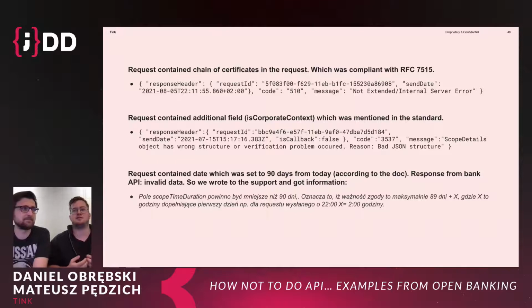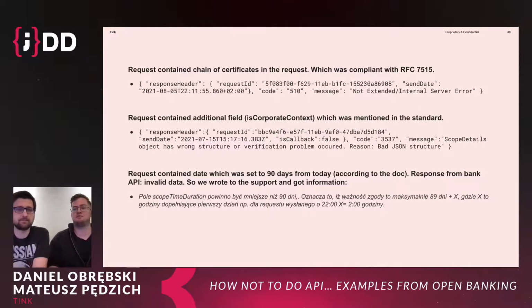The first one is an enrollment request. The request contained a chain of certificates, which was compliant with the standard, and we were getting a non-extended internal server error. We raised a ticket in the bank, and they asked what we wanted to achieve. And after 3 weeks, we got information that we should send one certificate instead of a chain, but it could be handled by a proper message. Another request contained additional fields, which was covered by the standard, and we got information that some other object has